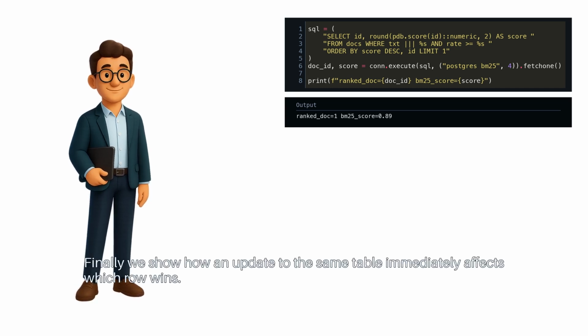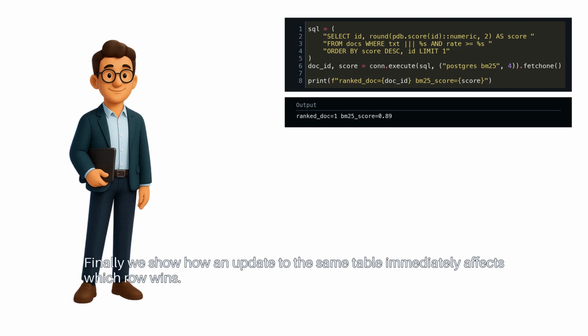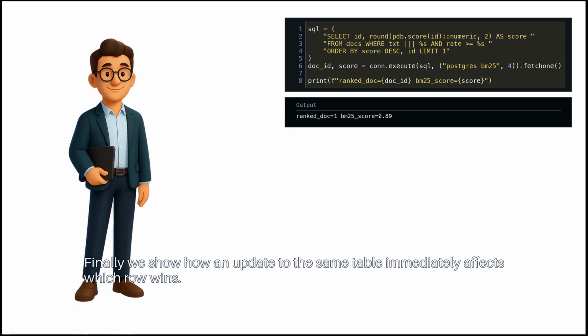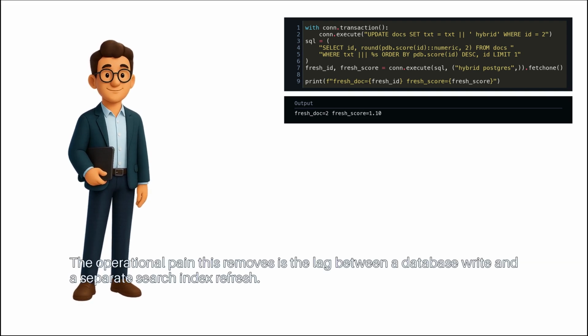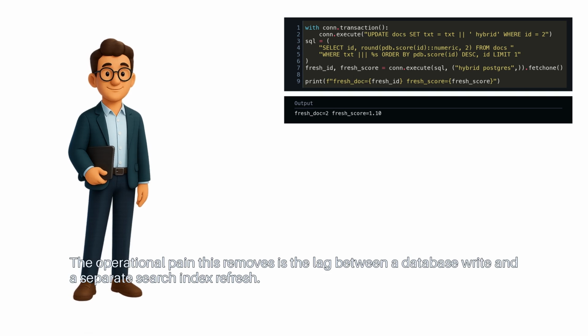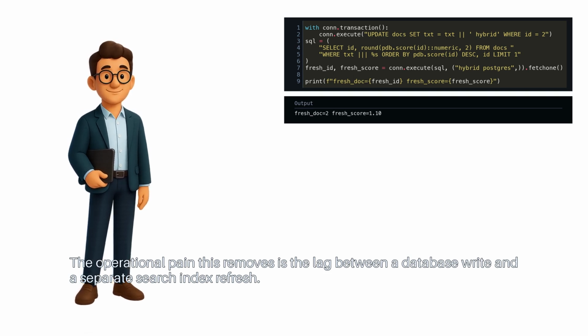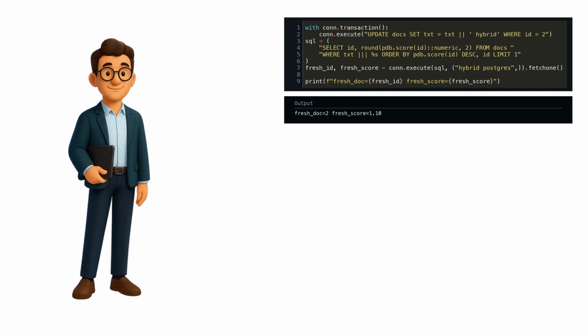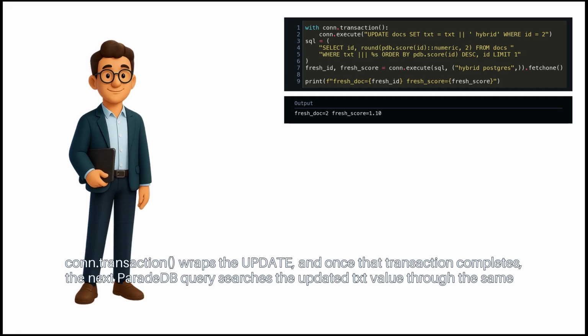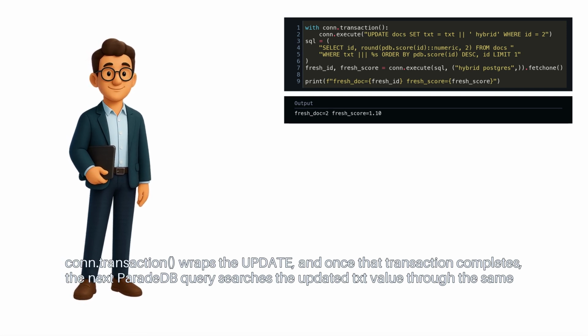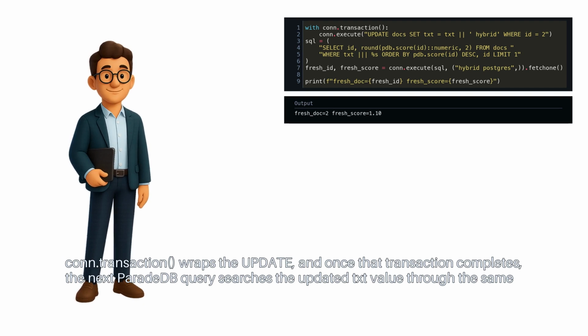Finally, we show how an update to the same table immediately affects which row wins. This example makes the search result change by updating the source row inside Postgres. The operational pain this removes is the lag between a database write and a separate search index refresh. con.transaction wraps the update, and once that transaction completes, the next ParadeDB query searches the updated txt value through the